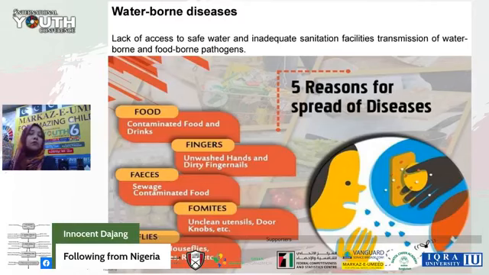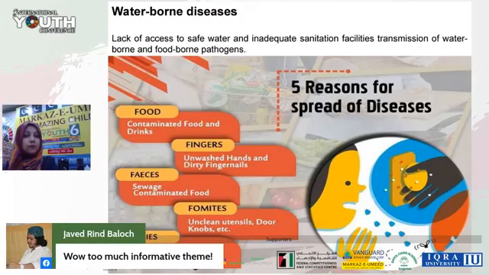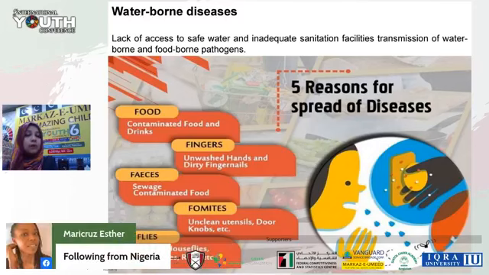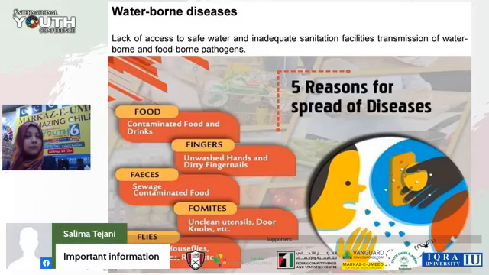And when we talk about waterborne diseases, the five main reasons for spread of disease. First one is food. Contaminated food and drink is the most important reason for any waterborne disease, when we use contaminated food and inappropriate drinking water. And then we have fingers, unwashed hands and dirty fingernails. Then we have feces, sewage, contaminated food. When we have no proper facilities for toilet and no proper facilities for feeding, we have this type